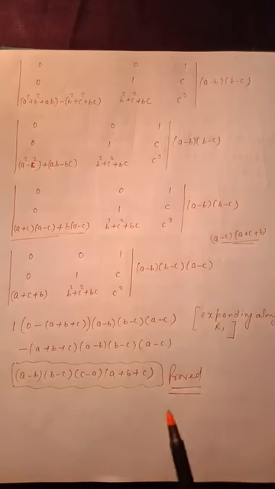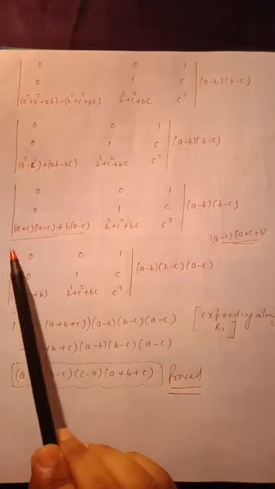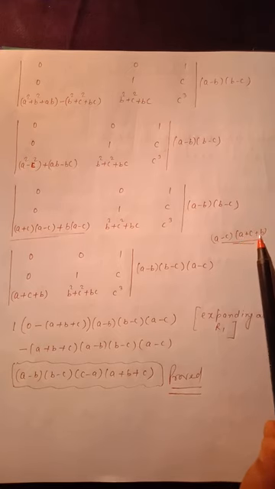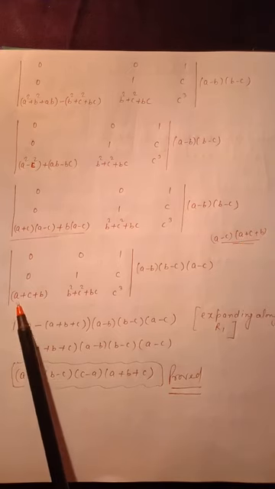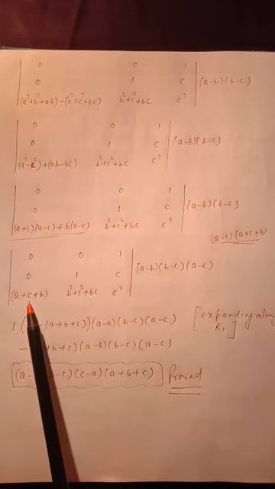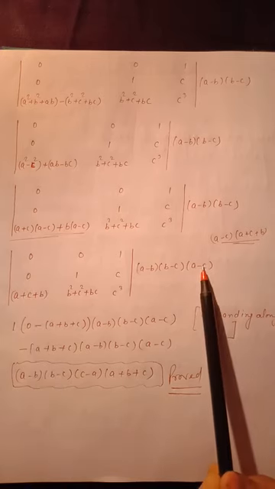So now in next step, I am taking a minus c outside. So when this a minus c is outside, we will get a plus c plus b, or a plus b plus c. So I am writing here a plus c plus b because a minus c is taken out. So a minus c is here.